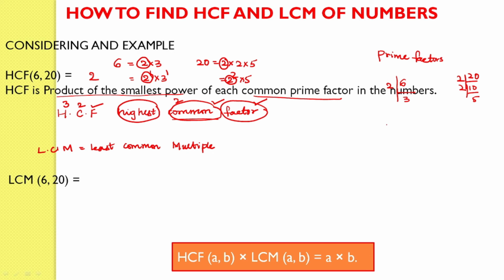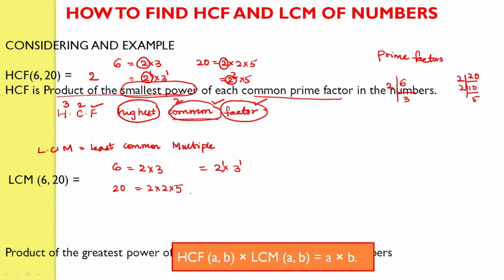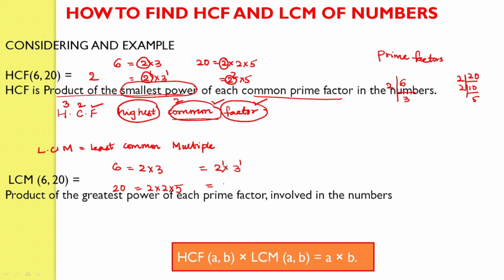So even for the LCM, we consider the prime factors. We know that 6 has prime factors 2 multiplied by 3 and 20 has the prime factors 2 multiplied by 2 multiplied by 5. So LCM is quite opposite of HCF. In HCF we took the product of the smallest powers, so only the smallest power was considered, whereas in LCM we consider the product of the highest powers. So this is 2 square multiplied by